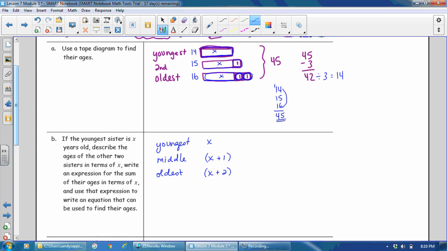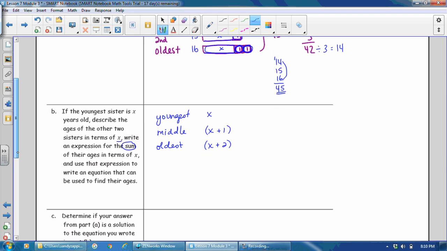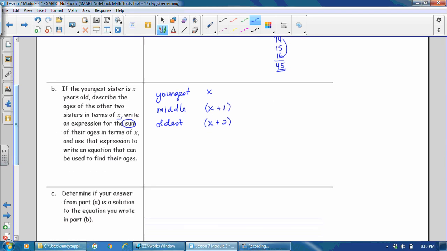So it says, describe the ages of the other two sisters in terms of X. Okay, so we've done that. Now, write an expression for the sum of their ages in terms of X. So to write an expression for the sum, that means we're going to add those three together. So we have X for the youngest, plus X plus 1 for the middle child, plus X plus 2 for